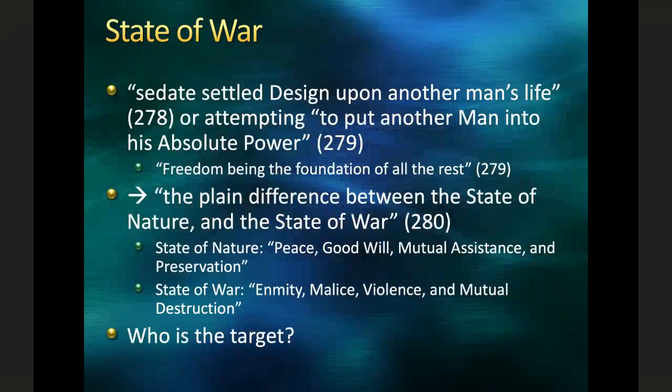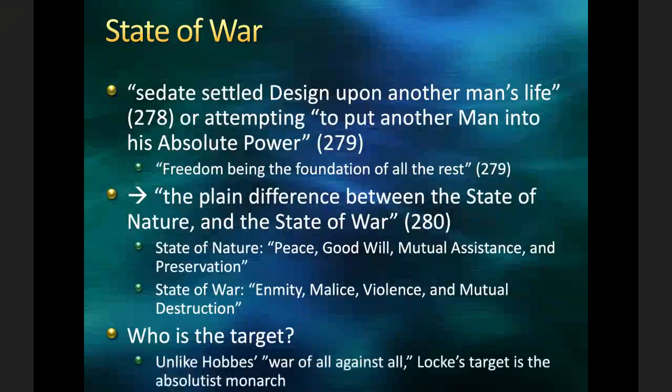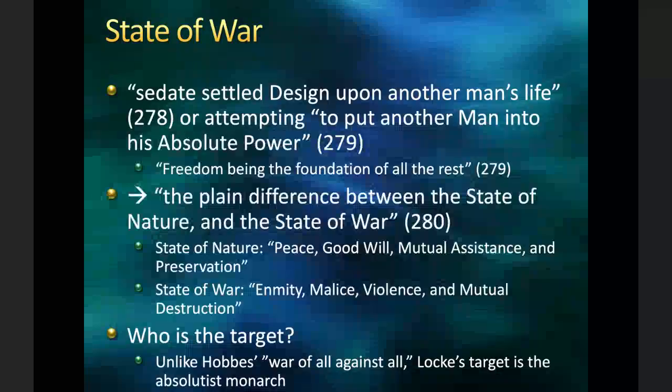And so who is the target? Who is Locke talking about in this discussion of the state of war? He's not talking about other people. This isn't Hobbes' war of all against all. His target is the absolute monarch who is trying to hold dominion over people's lives and property without their consent. His account of the state of war is not to describe why we need a strong sovereign, but is describing what happens when the sovereign violates the law of nature and tries to take away people's lives, liberty, and property without their consent. And we'll come back to that in the second half on Wednesday, because this will be the crucial justification for